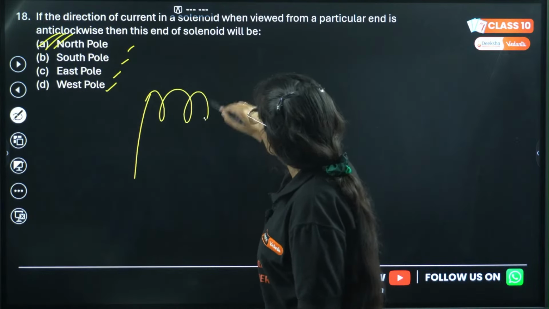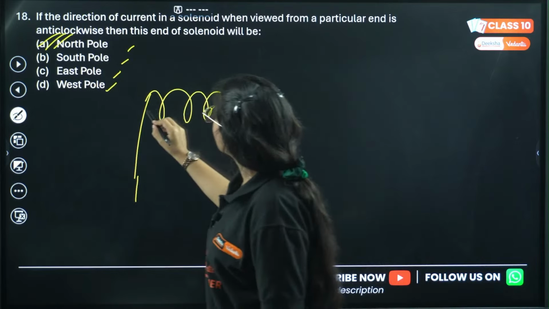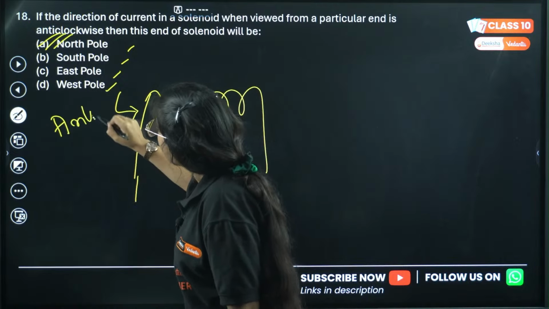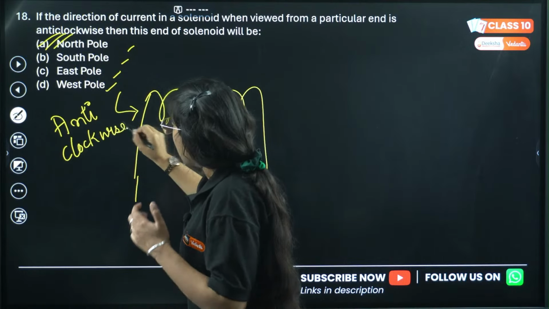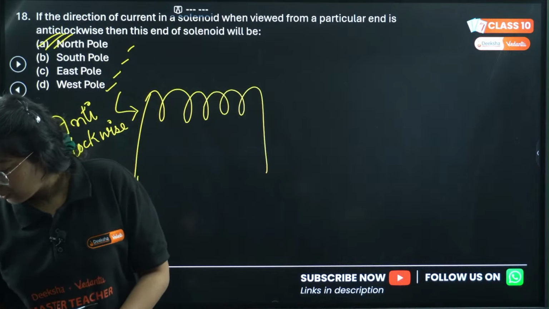So in a solenoid, when viewed from a particular end, let's say from this end we are seeing that my field is anti-clockwise. Anti-clockwise. And we know for anti-clockwise that part will be